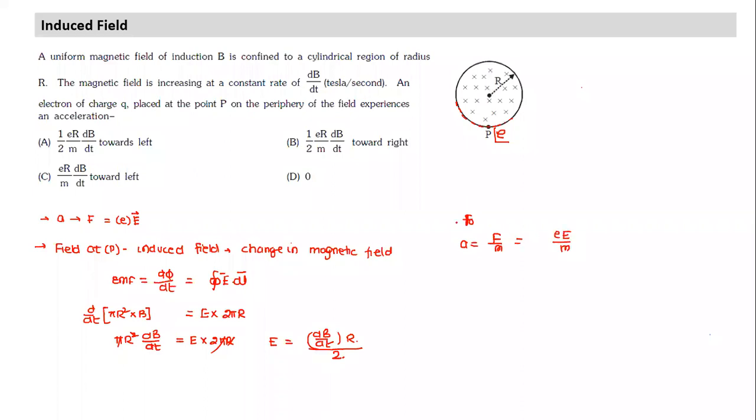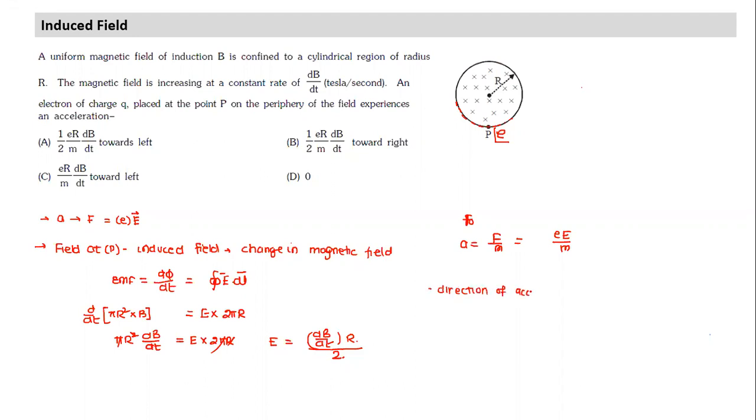The question is, what is the direction of acceleration? How do we find the direction of acceleration? Rather than looking at this, the easiest way of finding the direction of acceleration on the negative charge particle is this: can we find the direction of current at this point? If the loop is there, can we find the direction of current? The acceleration of the electron will be opposite to the direction of current. So what is the direction of acceleration of the electron?